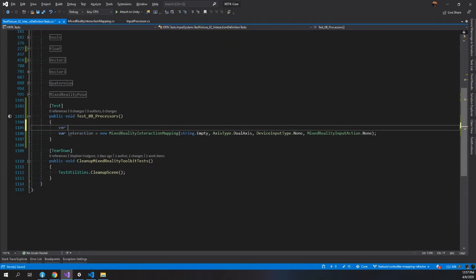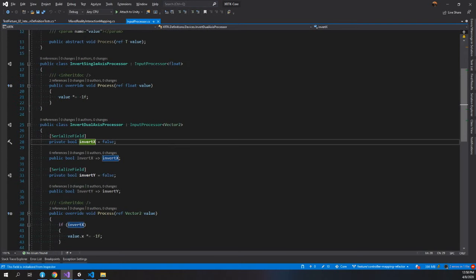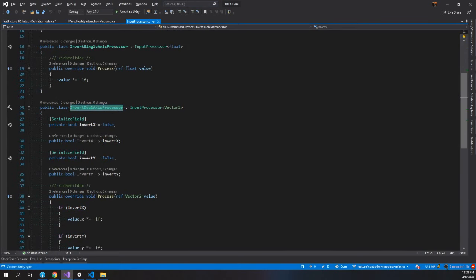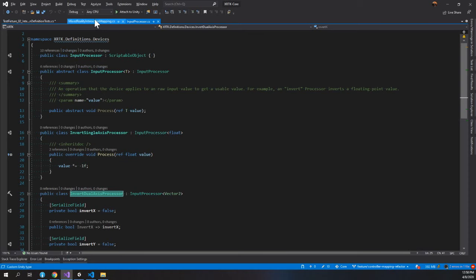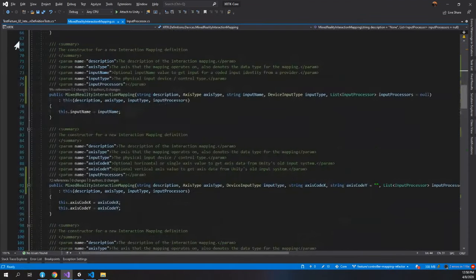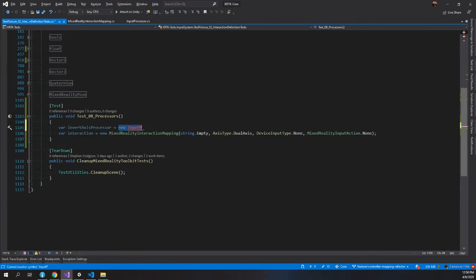So hold on, input processor. And this is a scriptable object, so we need to do create instance. We can't do like new. So